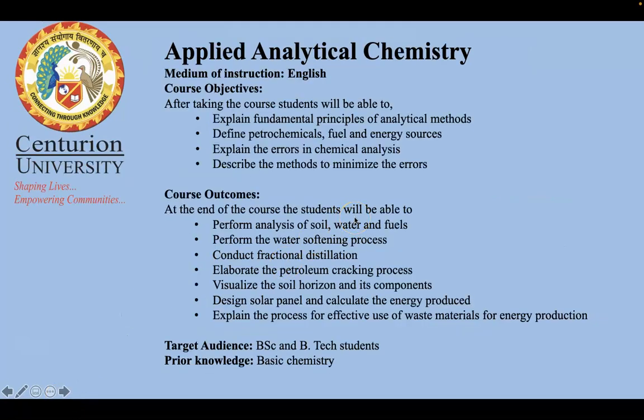This Applied Analytical Chemistry course will be in English medium. The course objective is, after taking the course, the student will be able to explain the fundamental principles of analytical chemistry, define what the different energy sources and petrochemicals are, explain the errors involved in chemical analysis, and describe the methods to minimize the errors. After taking the course, the student will be able to perform analysis of soil, water and fuels,